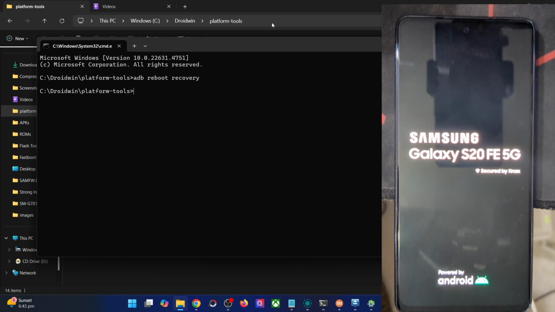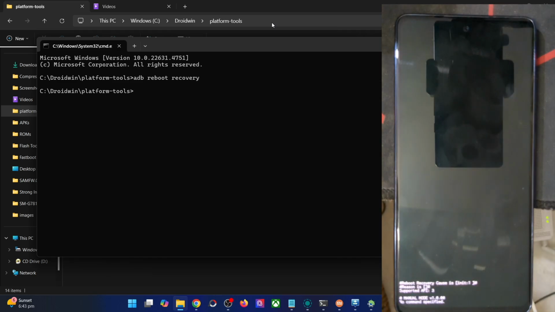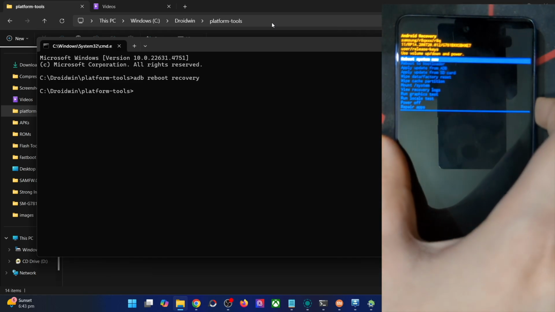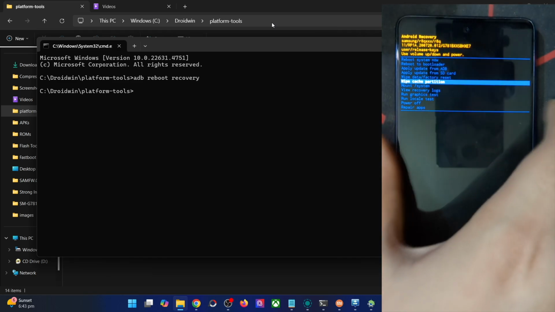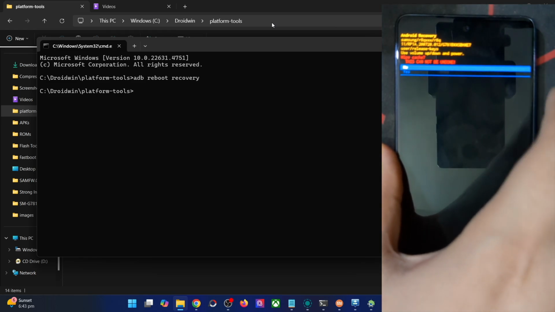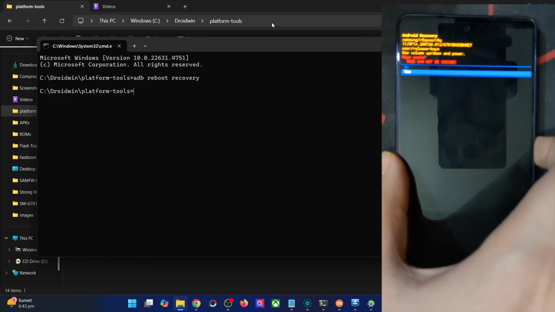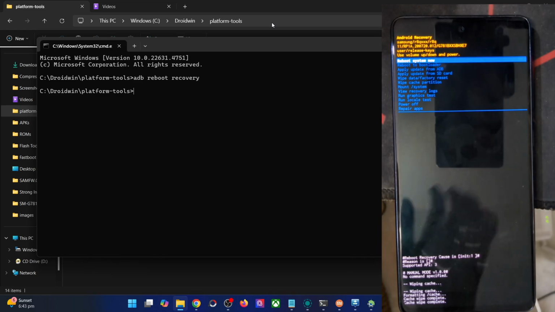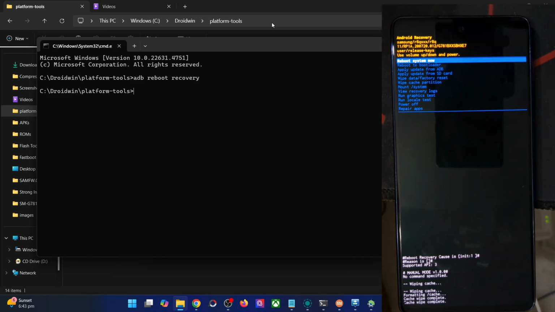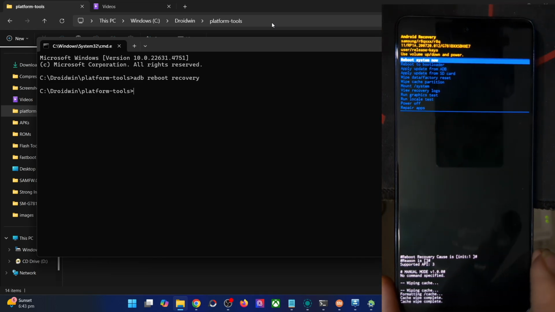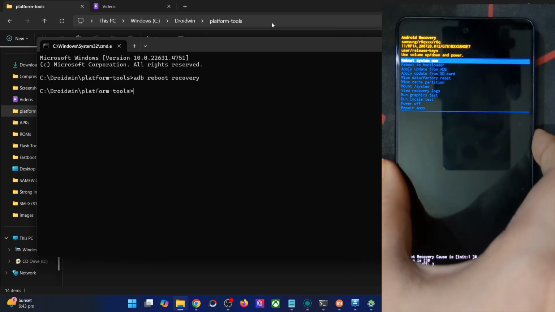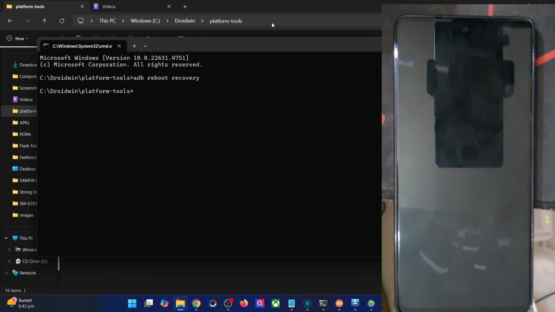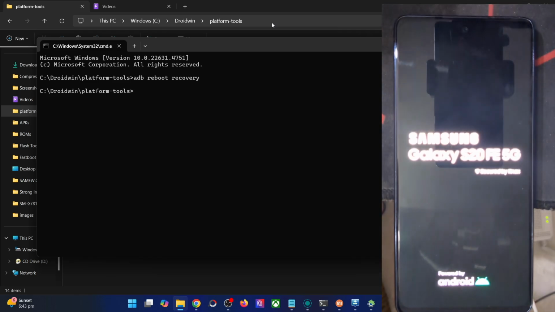So with that said, our phone should now reboot to the stock recovery, and you could now use the volume key to highlight the option of wipe cache partition and press the power key to confirm. Again, use the volume key to highlight yes, press the power key to confirm, and at the bottom left you could see the data wipe is now complete. Once that is done, you may now select reboot system now and press the power key to confirm, and your phone will now reboot to the OS with all the cache removed.